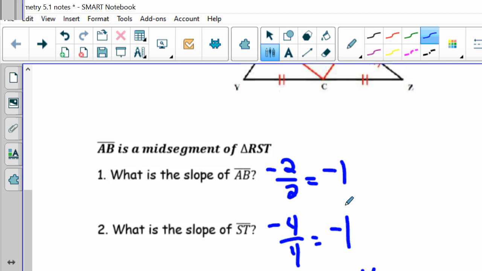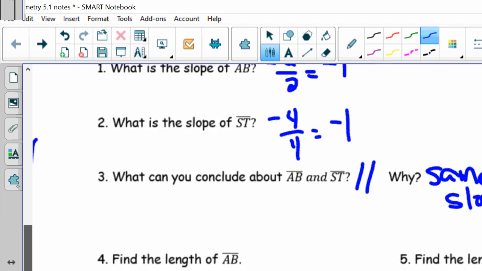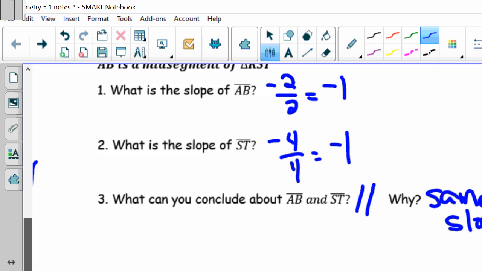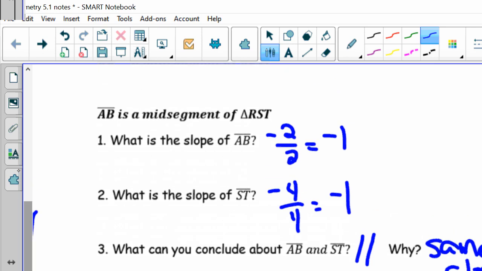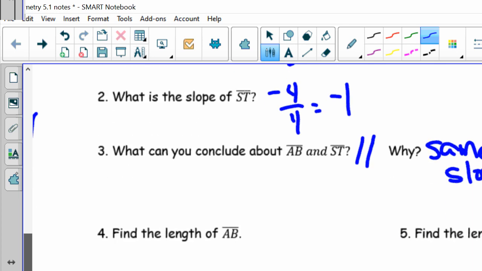So then it says find the length of segment AB. Okay, so the length of segment AB, we're going to have to do our distance formula, or since we already have it graphed over here, we can do Pythagorean theorem, right? So if I make my right triangle, this is 2, this is 2, this is what I'm looking for. So the Pythagorean theorem tells me x squared equals 2 squared plus 2 squared. So x squared is equal to 4 plus 4. X squared is equal to 8,